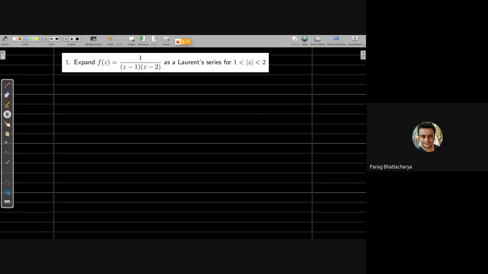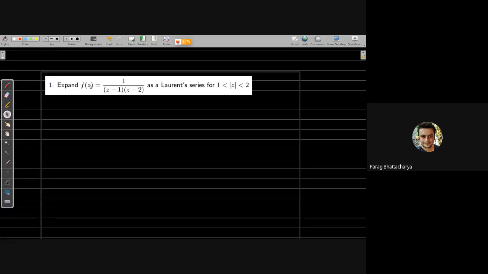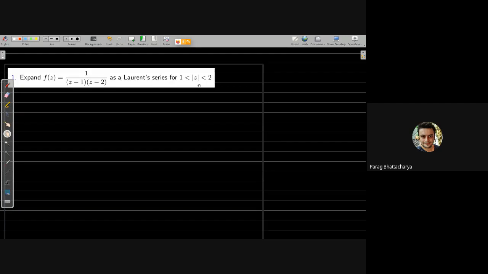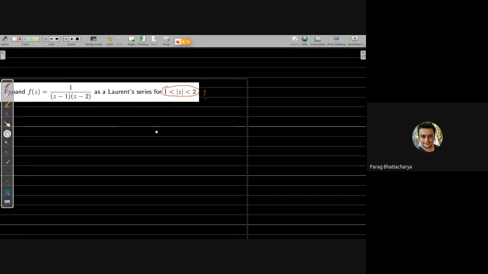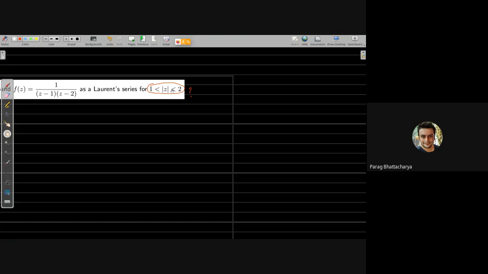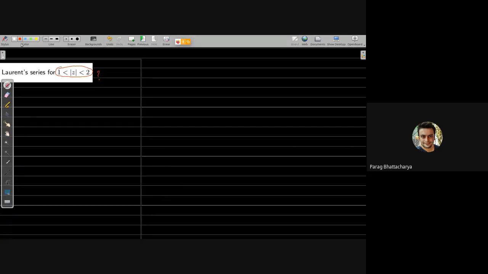Okay, so first things first, we need to figure out what this means. That means, what is the domain that we are talking about? For doing this, you first draw this. Now you remember, right? Whenever I say modulus z, recall this one. Recall this, that is, if I say modulus of z minus z naught is equal